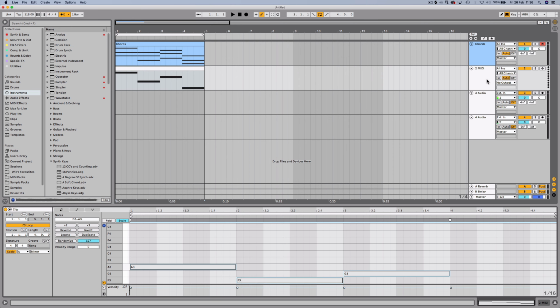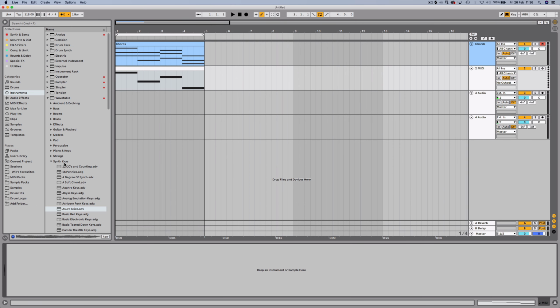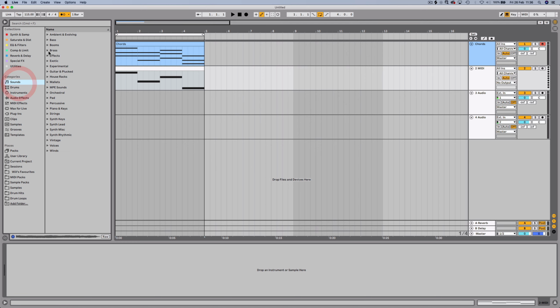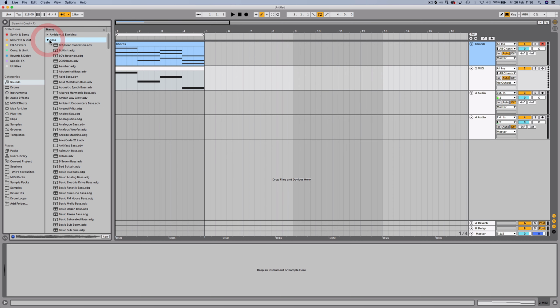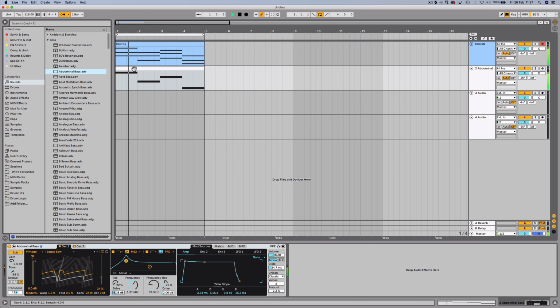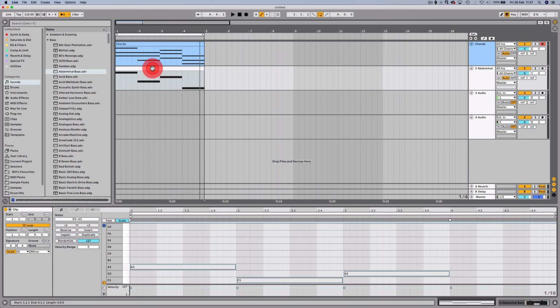But we need to select a bass sound, and I'm going to do that in the same way as before. I'll go to my instruments on the left here in the browser, select what kind of instrument I want, or I can go to sounds and select an instrument that way. But that bass line is too high up, so I'm going to double click to get into that piano roll